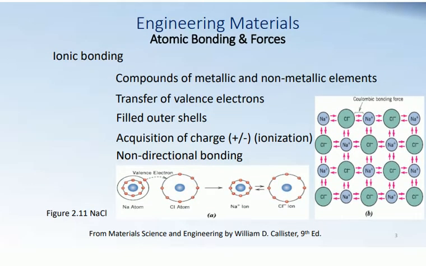Moving on to the next slide, starting with primary bonds, we first talk about the ionic bond. This bonding is found in compounds of metallic and non-metallic elements. In this bonding, we will have complete transfer of electrons. That is, from one atom to the other atom, electrons are completely transferred. They move into the structure of the other atom. After this process, both the atoms will have their outer shells filled, so they will become inert, as to speak, and they will get stable,